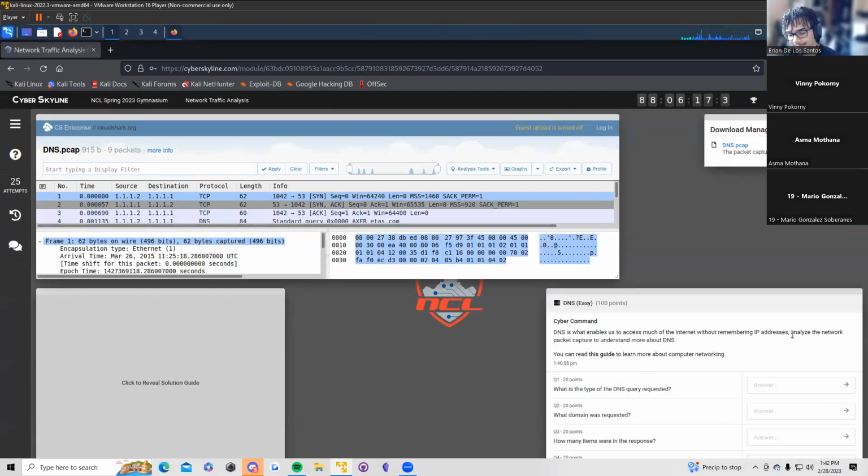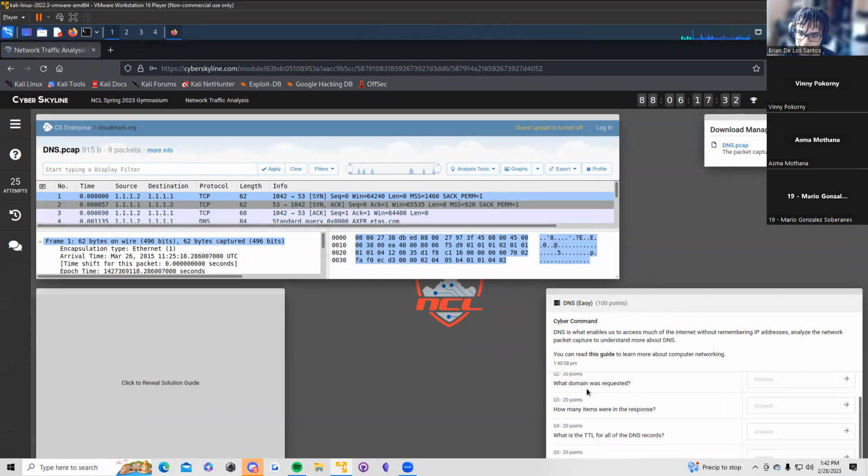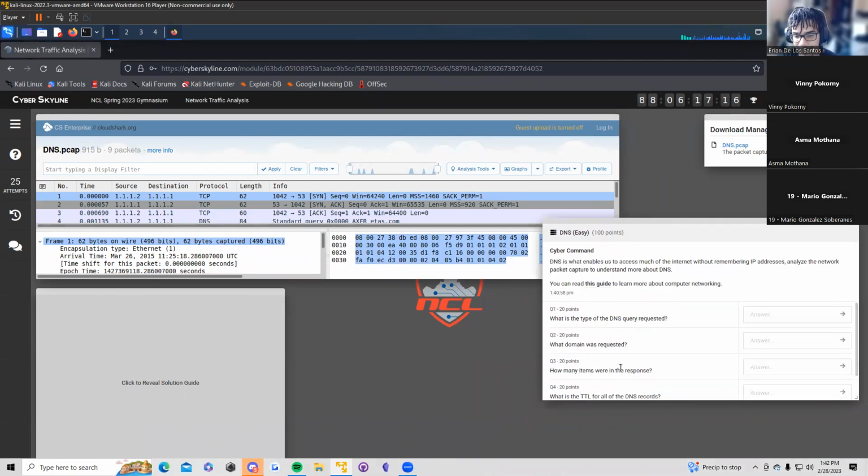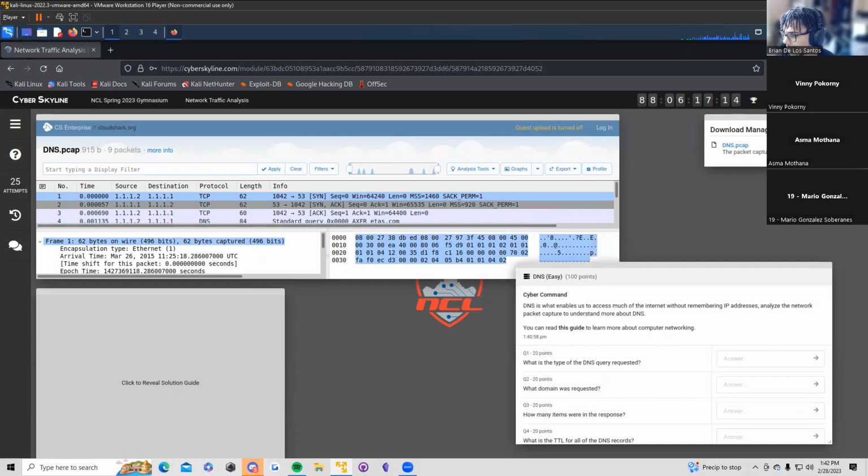So just to start off with the first one, DNS, we're looking at what type of DNS query is accepted, what domain was requested, how many items were in the response, what was the TTL for all DNS records, and for this one, what is the IP address for the welcome subdomain? So for this, it's kind of like the same thing as a log analysis. We're just looking through the packets and seeing what the question's asking, and then trying to find the information in the large amount of